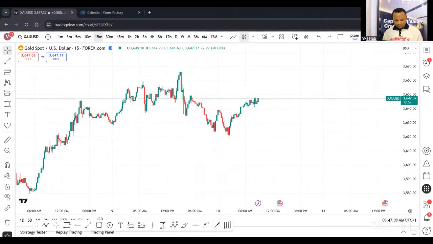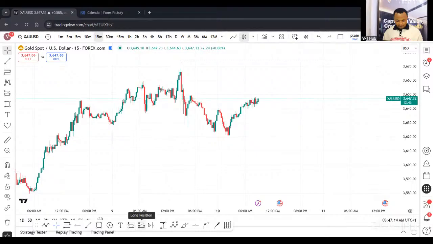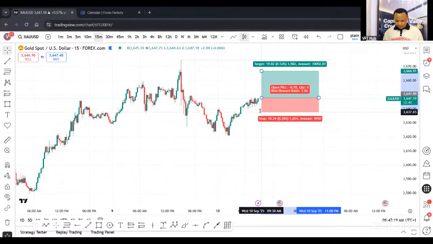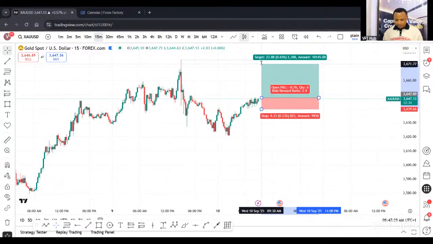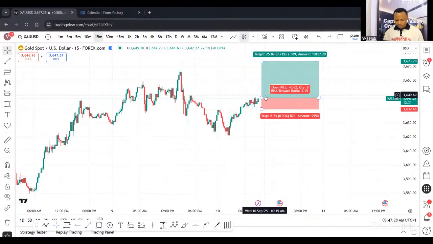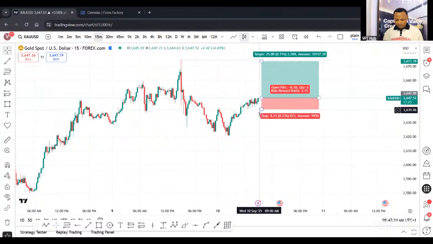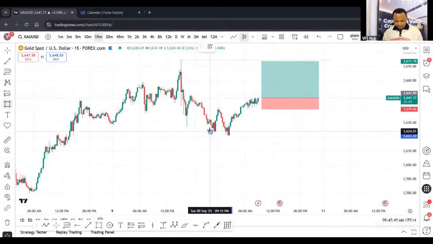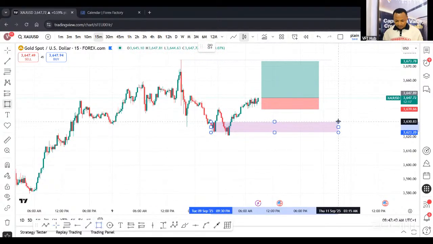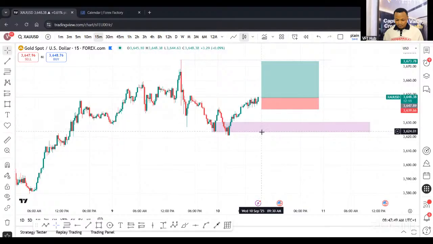You can just target this as your first instance for the buy, somewhere around here. If price gives you a good entry from where it is currently, you could have something like this, with stop loss below here, and then take profit all the way up here. So this could be a good setup for a gold buy. We're looking for buys on gold. If this stops out and it gives another decent entry, we could take another buy. If it's going to sell at all, the next place I would expect it to sell to is here. So either price keeps buying from where it is currently, or it returns here to give us another buy.